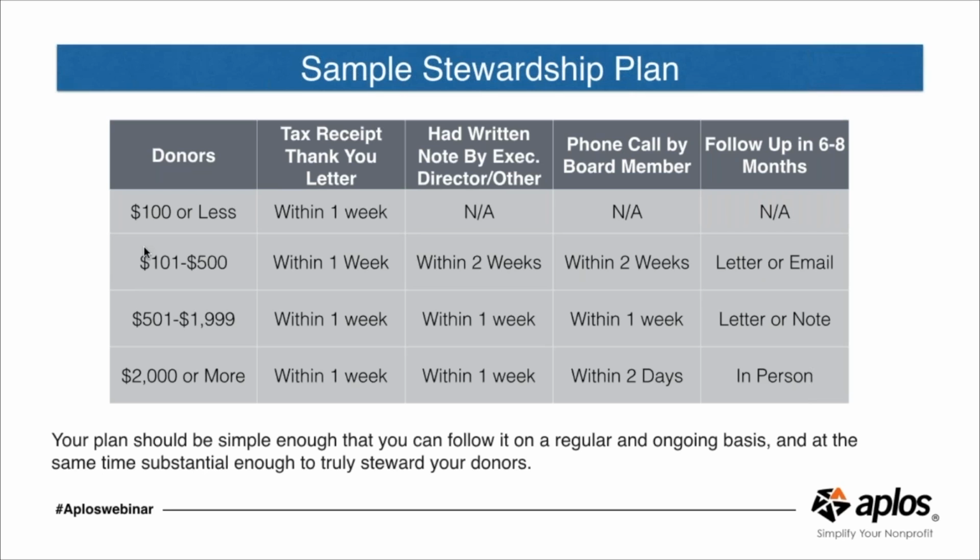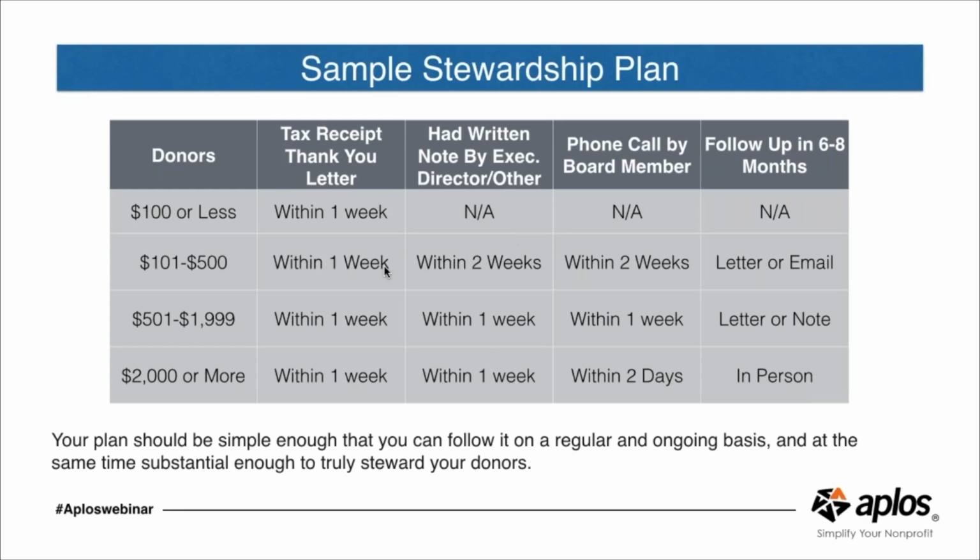But you see here that as the different gift sizes change, the process changes a little bit. So they still get the thank you letter. Now I'm looking at the $100 to $500, and then maybe they get an additional handwritten note by an executive director or a leadership representative in your nonprofit or a board member, something like that, or a phone call. So the one that I put together here, and this is one that I've actually used for some of the nonprofits that I've worked for, is they get a letter, they get another letter, a handwritten letter, and then they get a phone call after that.